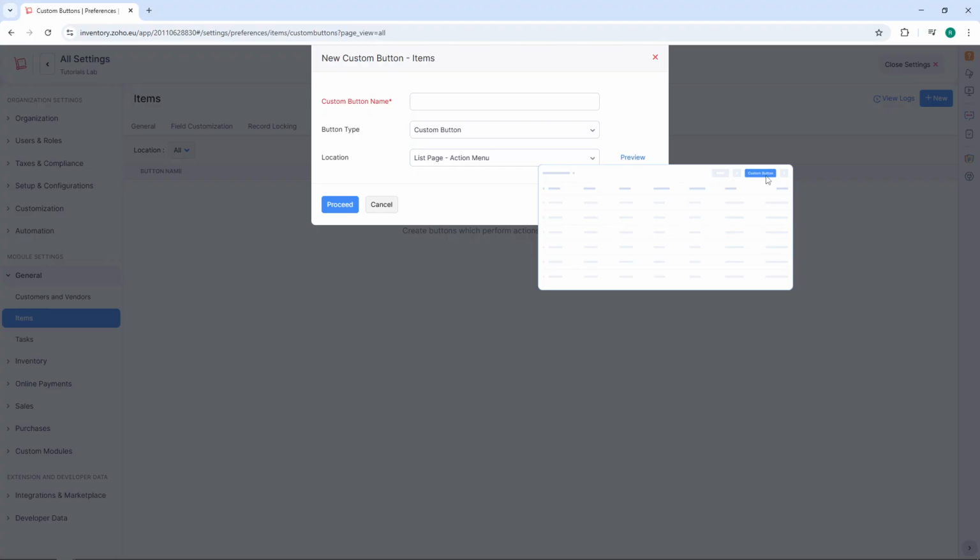Once you've configured everything and you're satisfied with how the button looks and where it's positioned, click Save to finalize your custom button. Your new button is now active and ready to use across your items in Zoho